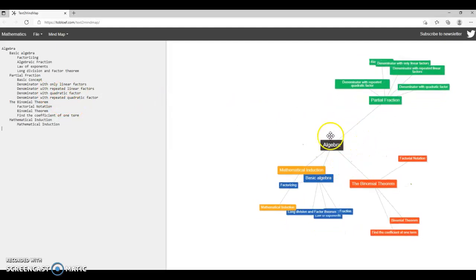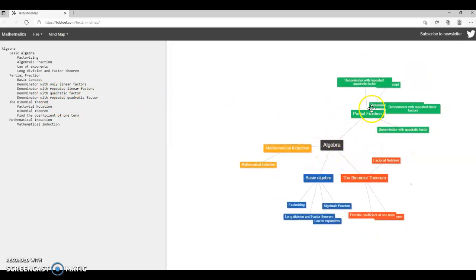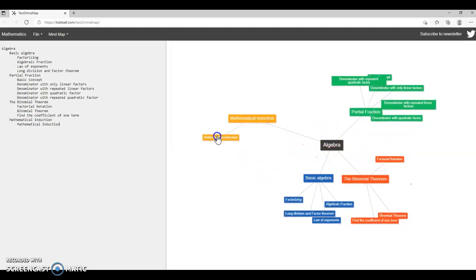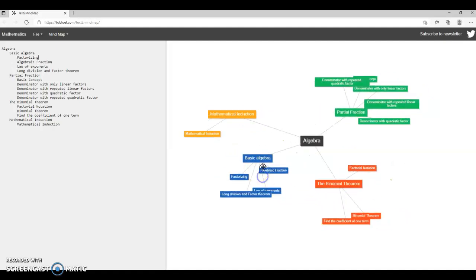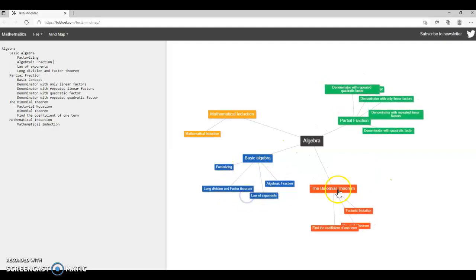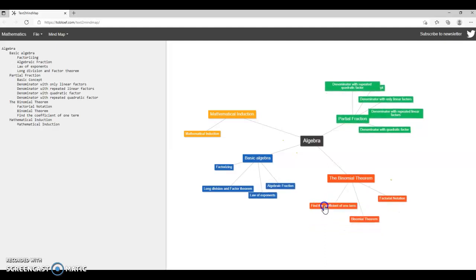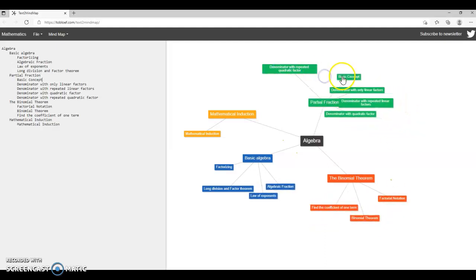Okay, so you'll see that it automatically creates this nicely color-coded mind map, which you can just organize to a format that you like. Okay, so this is my mind map,